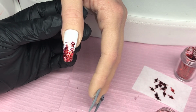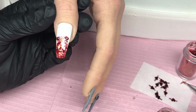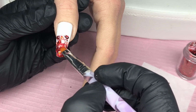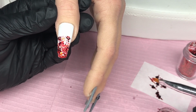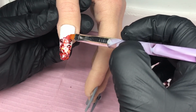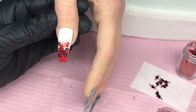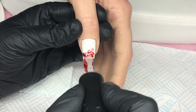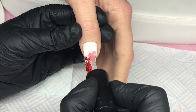Now, the reason I left the thumb till last was I didn't want any of the glitter getting into the gels with my Artisan paint. So in this particular instance, I did leave it till last. So pop that in the lamp, and once I'm happy with that, I will then come in with a top coat. Now I do use a thick top coat on the thumb, so I will give that 1 layer and